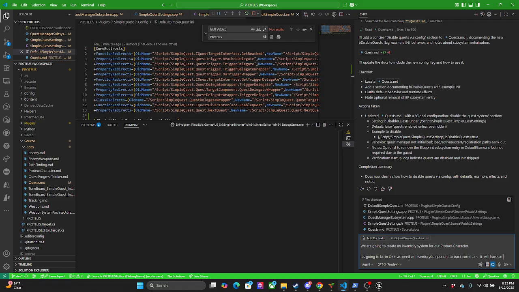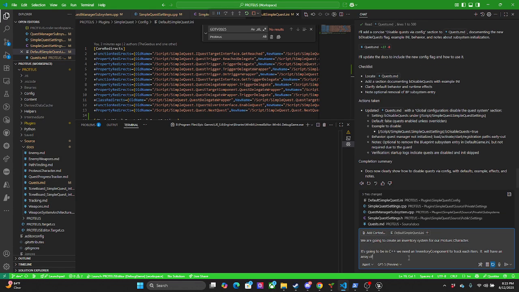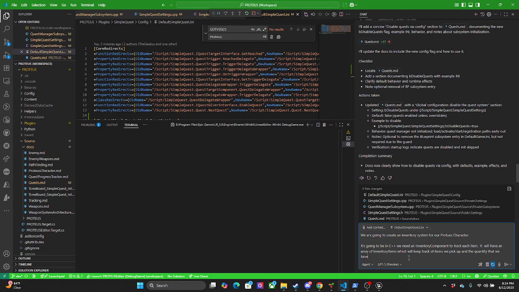It'll have an array of inventory items, which will keep track of item pickup and the quantity that we have.